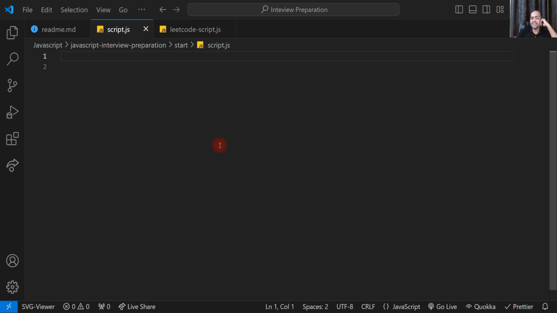So let's solve some LeetCode questions in JavaScript. If you are a senior developer looking to join product-based companies, in JavaScript, mostly they will have a HackerEarth, HackerRank or Codility round in the first round, or even if they don't have that, in the first technical discussion round, maybe the evaluation round or the hiring manager round,